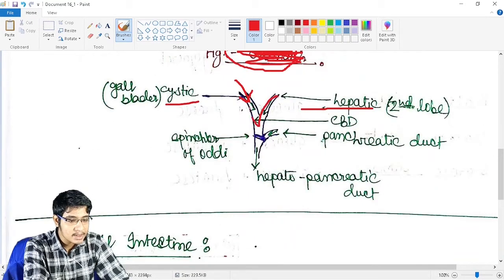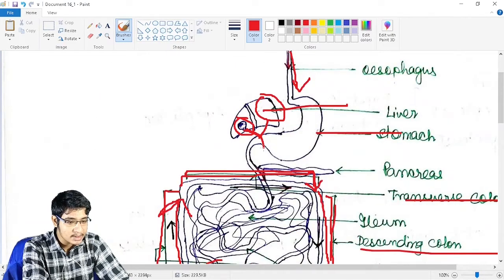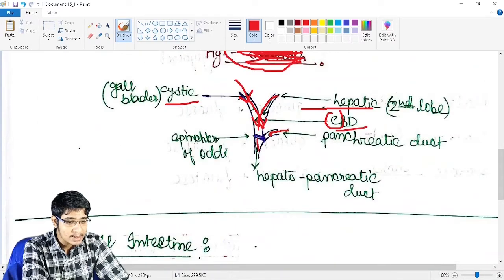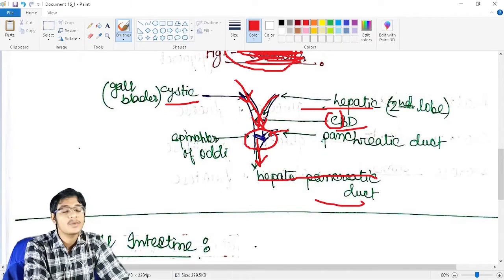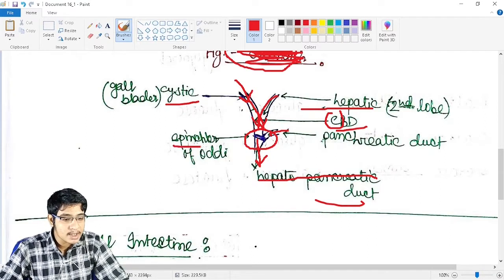When these two ducts meet, this is known as the common bile duct, CBD. And again one duct, which is the pancreatic duct. These two ducts come here, and the pancreatic duct again mixes with this common bile duct, and they come and contribute to our digestive system through one single duct which is known as the hepatopancreatic duct. And here we have a sphincter, to control the flow of the enzyme, and this is known as the sphincter of Oddi.